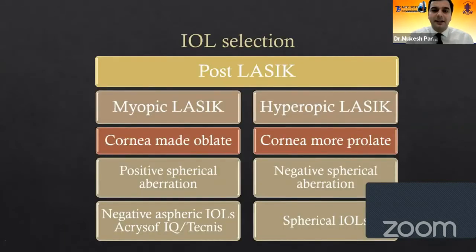Just to simplify, this slide is very important. If you have a patient who has undergone a myopic LASIK, we make the cornea oblate by central flattening, and it induces a more positive corneal spherical aberration. The choice of IOLs will certainly be the negative spherical IOLs. While in hyperopic LASIK, the cornea is more prolate, and there we go for a spherical IOL or an